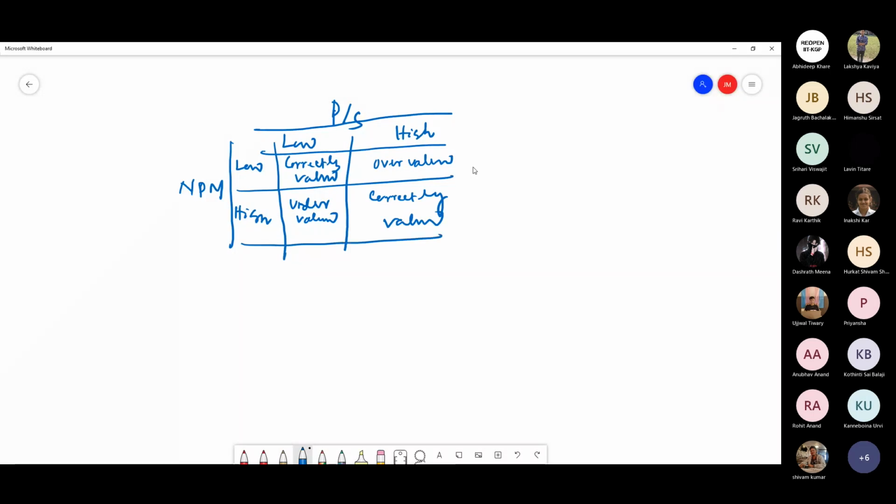Are you getting this? Sir, how are we saying that they are correctly valued? Like, how are we coming to this conclusion? No, we are not concluding, because that should happen ideally. If your profit margin is low, then your price to sales ratio also should be low. Right? Yes, sir. But if for some reason you find a high price to sales, but very low profit margin, then there is some way the company is overvalued in the market.